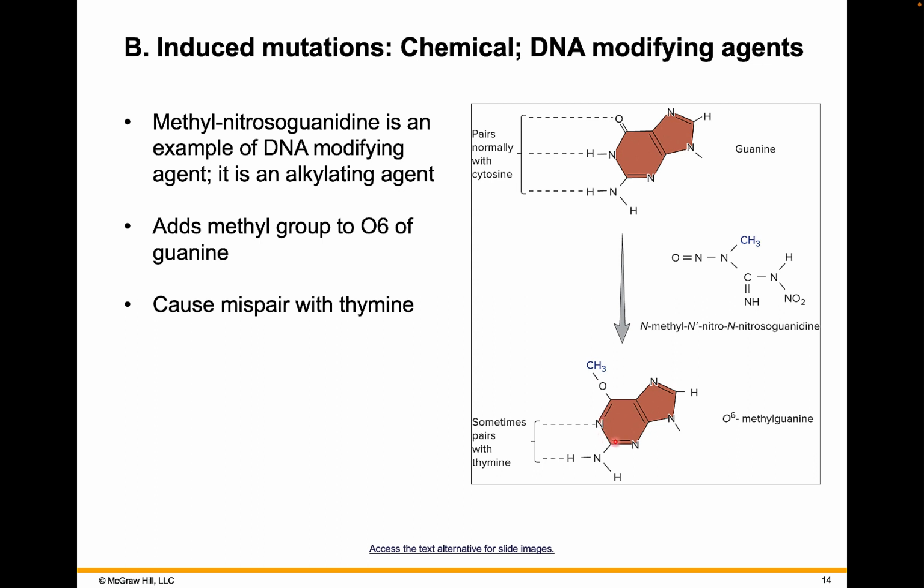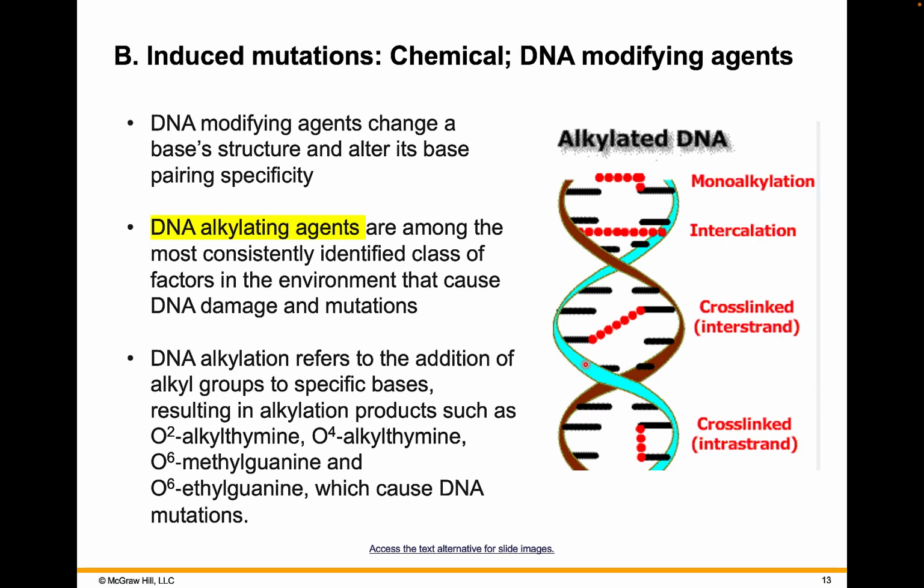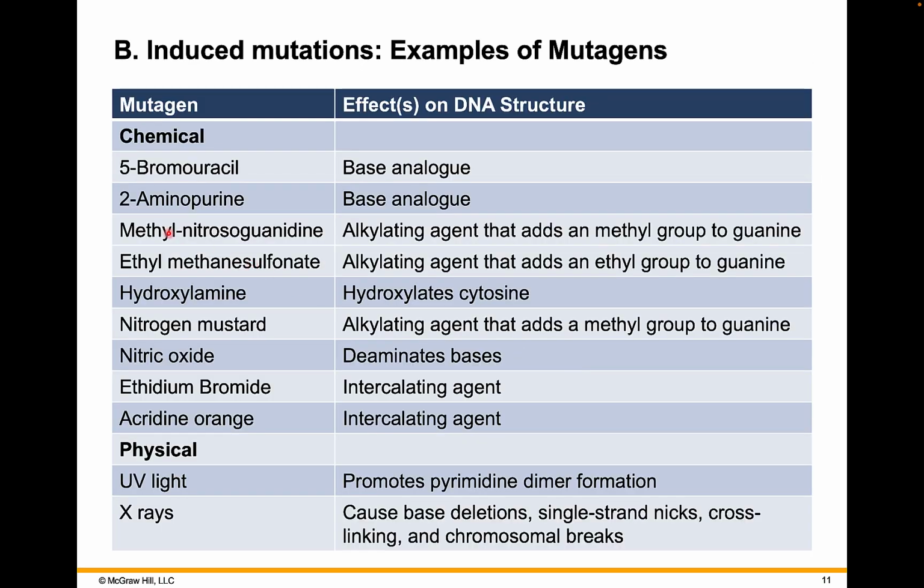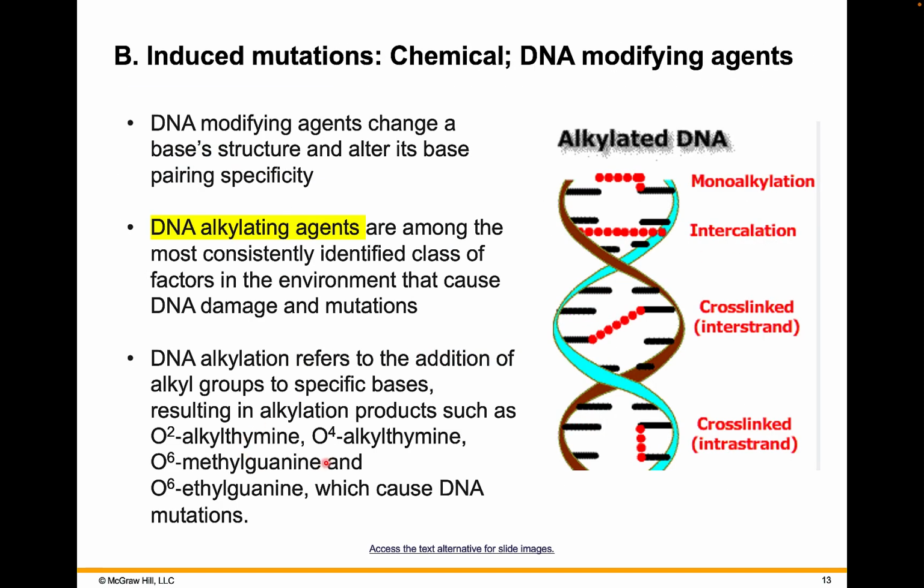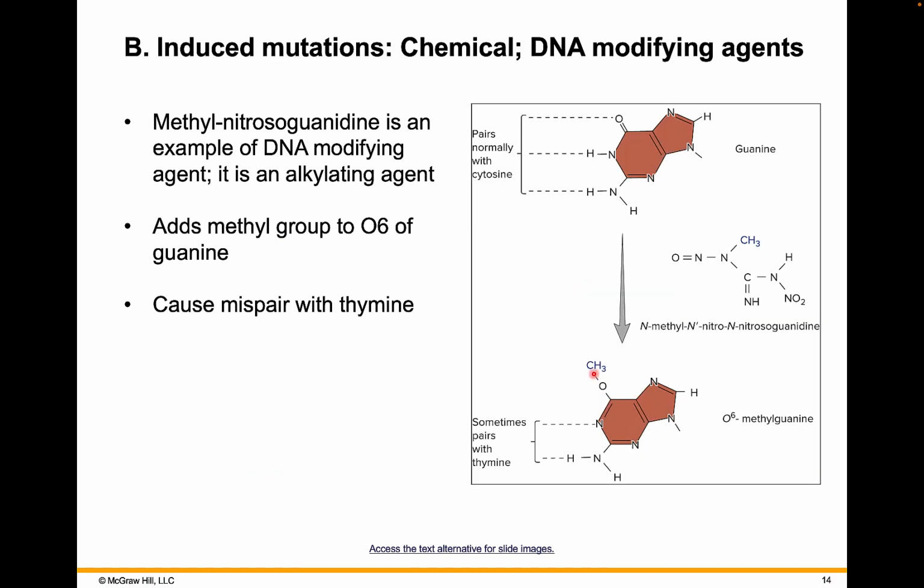So this is like 1, 2, 3, 4, 5, and 6. This is 7, 8, 9. So the 6th position O is now methylated. This is what we talked about right here. Methyl nitrosoguanidine, an alkylating agent to the group guanine, and see that O6 methyl guanine can be formed as an alkylation product. So this is O6 methyl guanosine, and sometimes this will pair with the thymine because